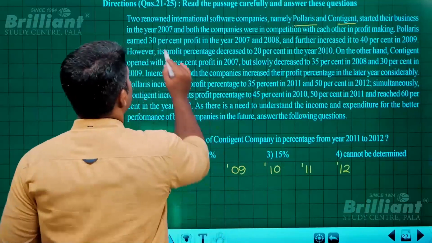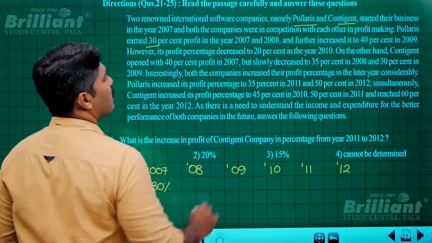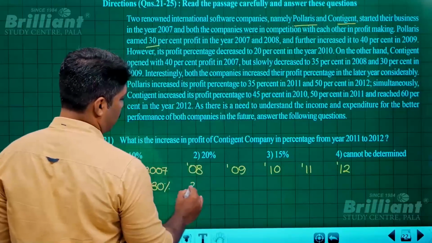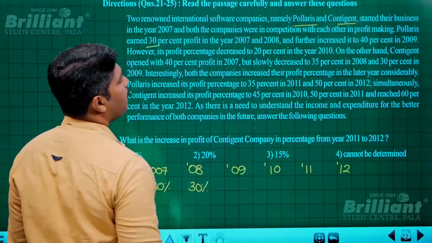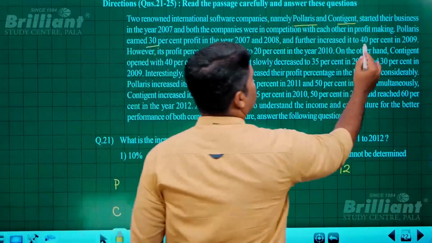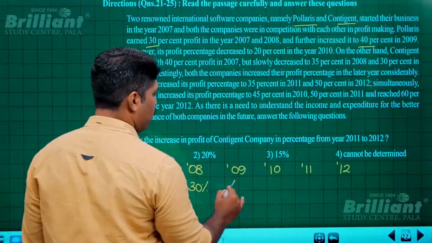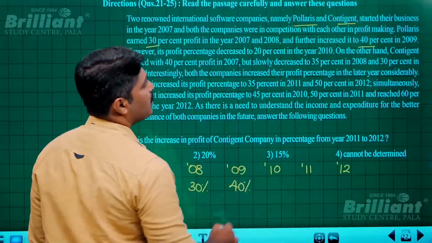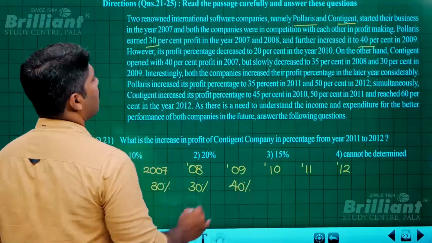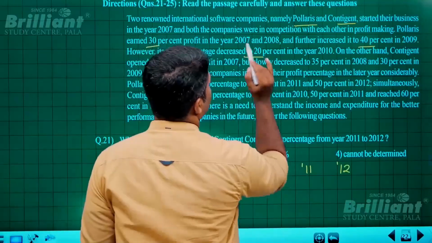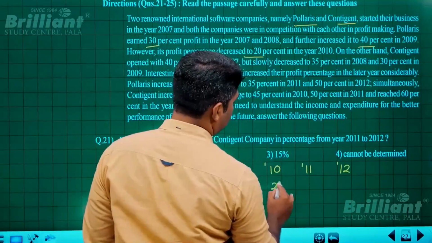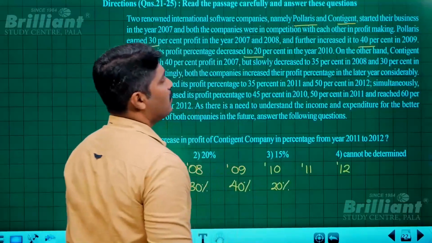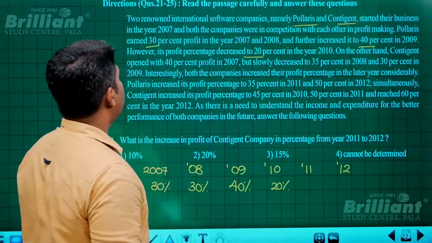So 30% in 2007 and 2008 also. Correct? And further increases it to 40% in 2009. However, its profit percentage decreased to 20% the next year, 2010. On the other hand, Contingent opened with the